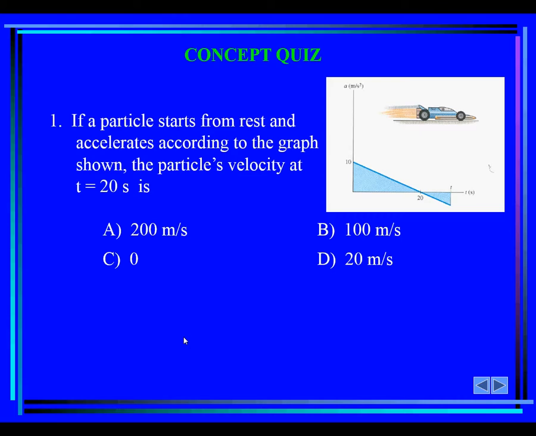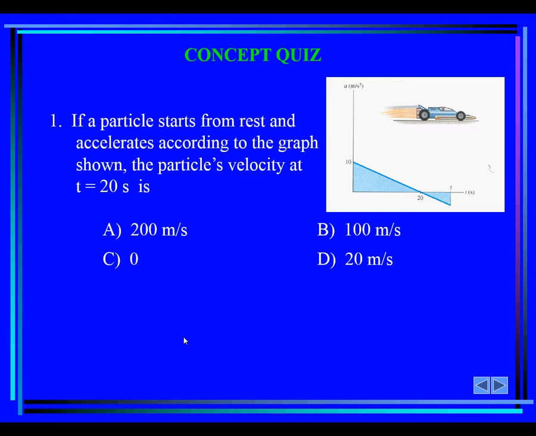So what you are given here is t and the acceleration. If you are going to find the velocity at t equals 20 seconds, during the first triangle there,